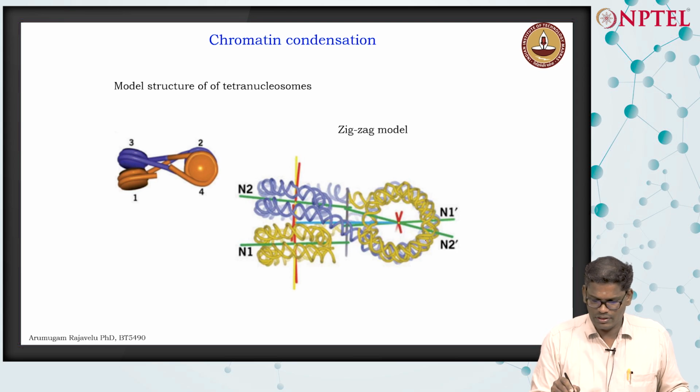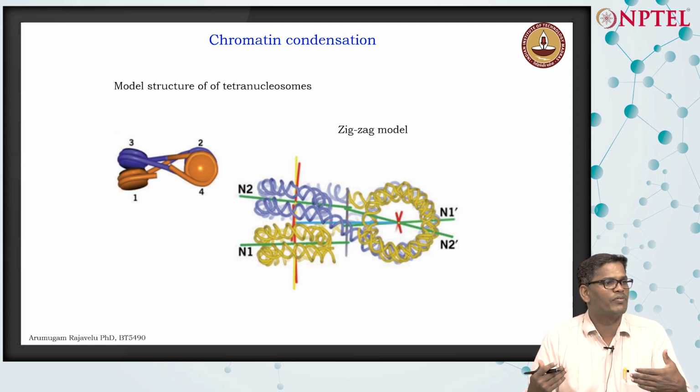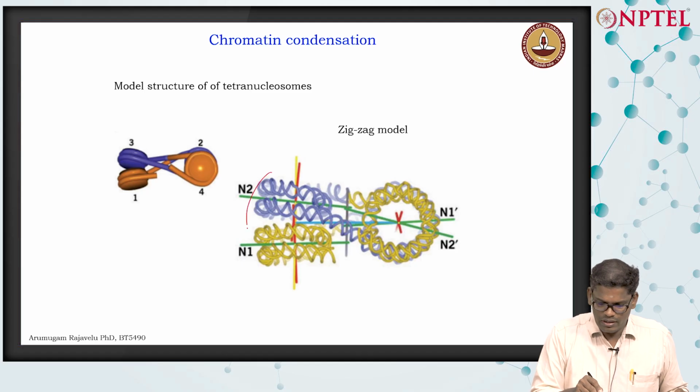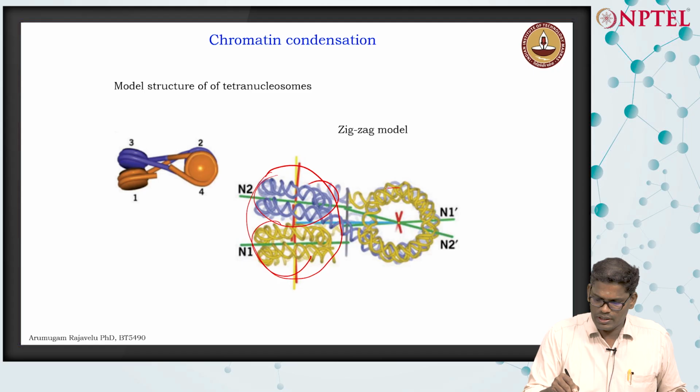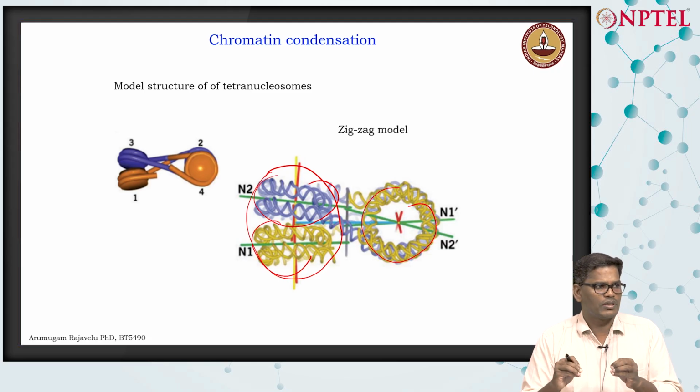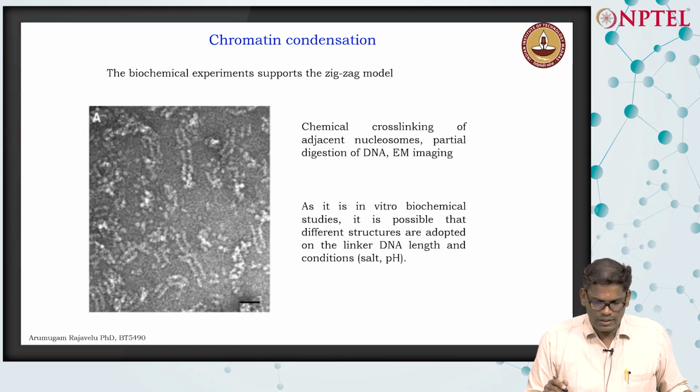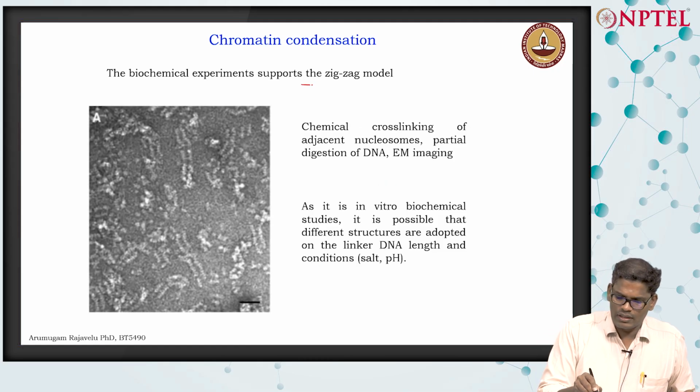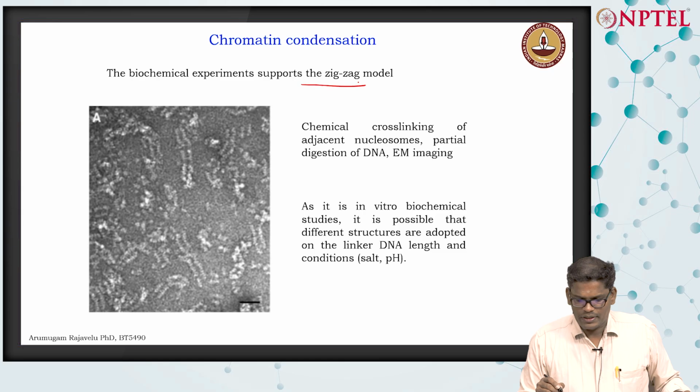This is because it gives more space compared to the solenoid. You can see here there are 2 nucleosomes, nucleosome 1 and nucleosome 2. Similarly, here nucleosome 1 and nucleosome 2. So, in a zigzag model, more of these nucleosome structures can be beautifully packed. And yes, this was accepted because of the